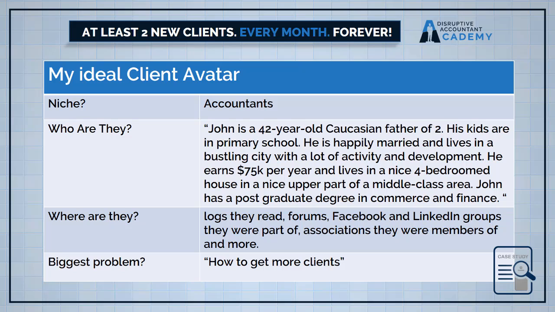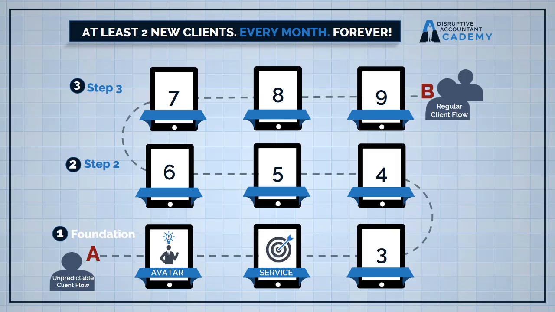So as you can see, I knew exactly who they were, I knew exactly where to find them, and I knew exactly what they wanted most. Now, the best way to communicate how you solve your clients' biggest problems is by creating a world-class visual representation of your unique blueprint or process. For most accountants, this is going to be your core service or your core offer. This is your one-page roadmap to visually show your clients, as opposed to just telling them, a clear path from their frustrations to achieving their goals.